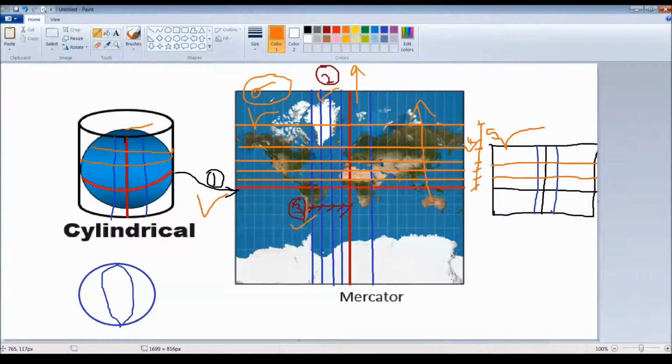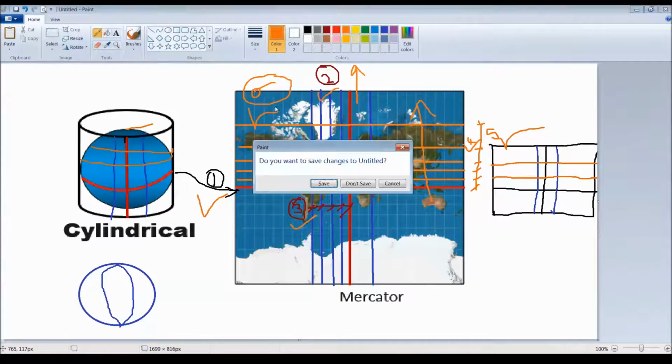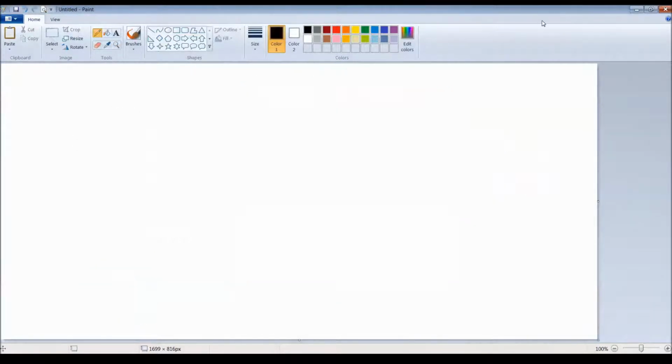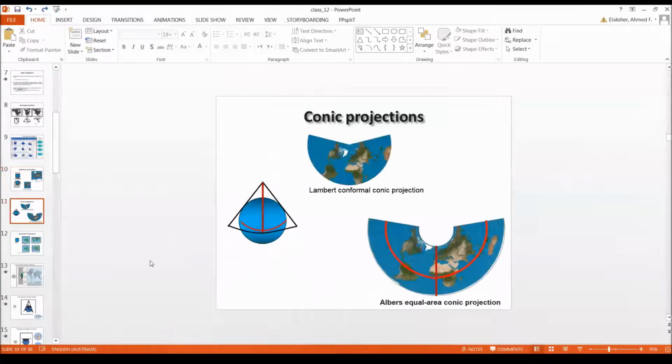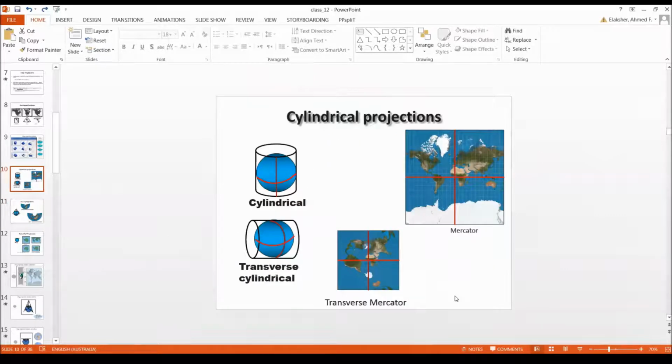Okay, now let me clear this and do another one and go back. It's very critical what you are sharing here. We're still here, and let's take the transverse Mercator. The reason I'm saying it's very critical, I did record this